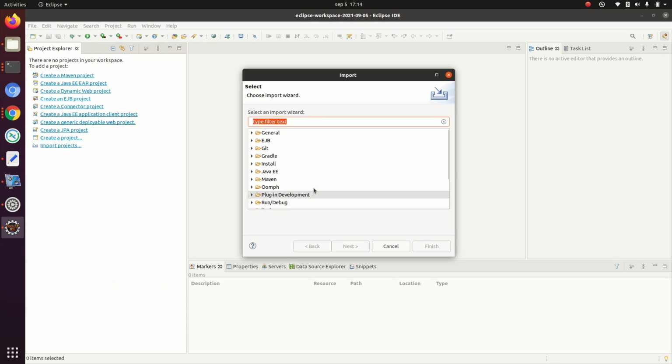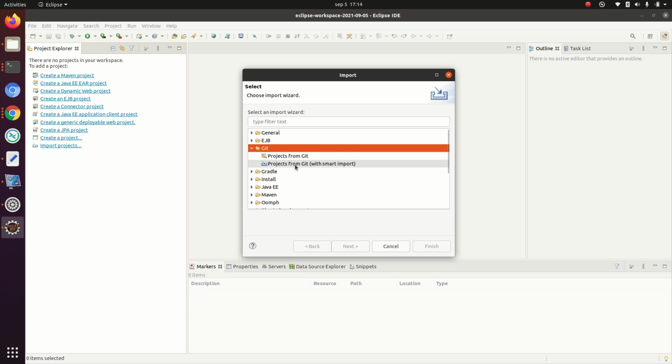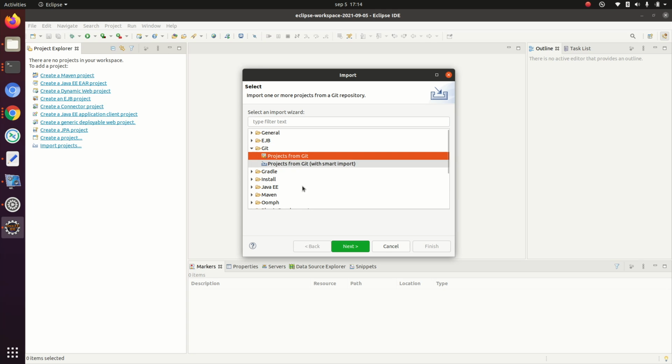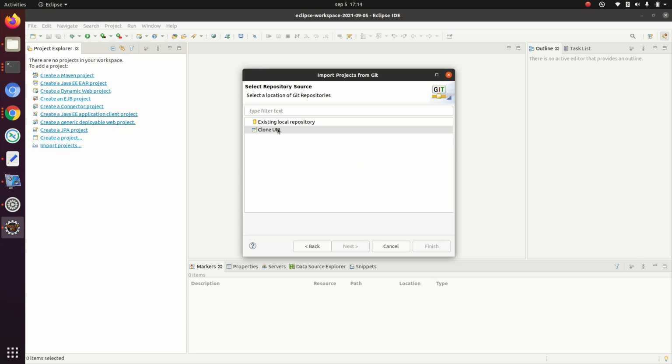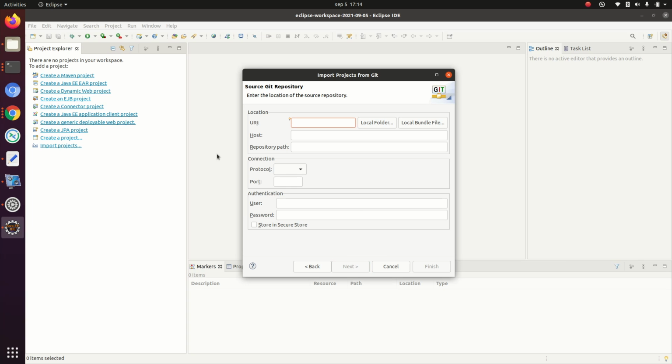File, import from Git, project from Git, next. Clone. I'm going to clone from the GitHub web account, and from